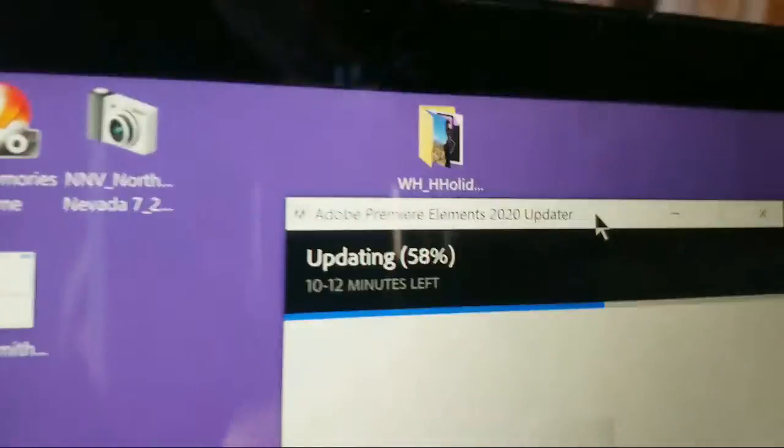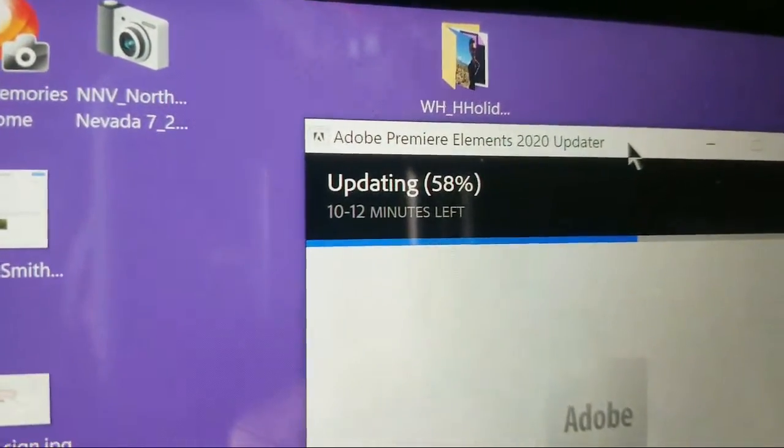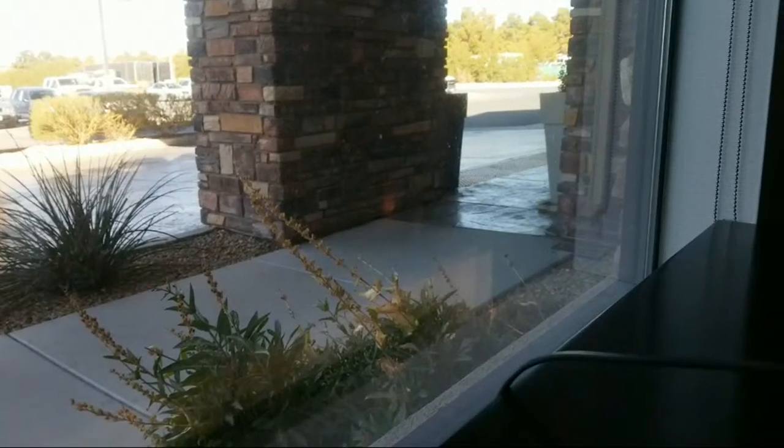Frack, 58%, folks. 10 to 12 minutes left still. Can't really do much, talk with you guys until this happens, but I think you guys got something out of that today, which is a program called Handbrake.